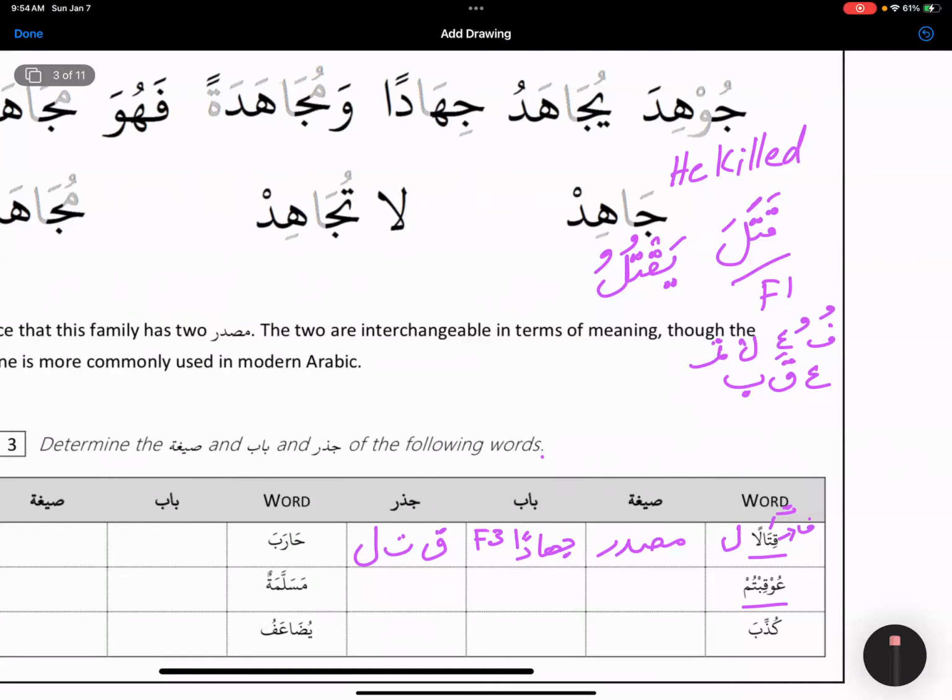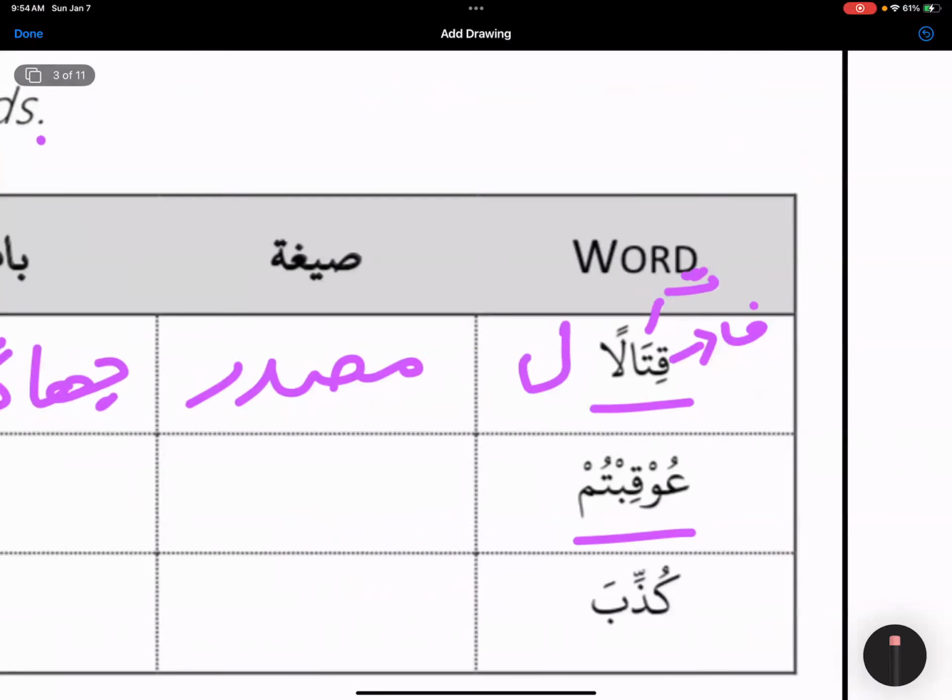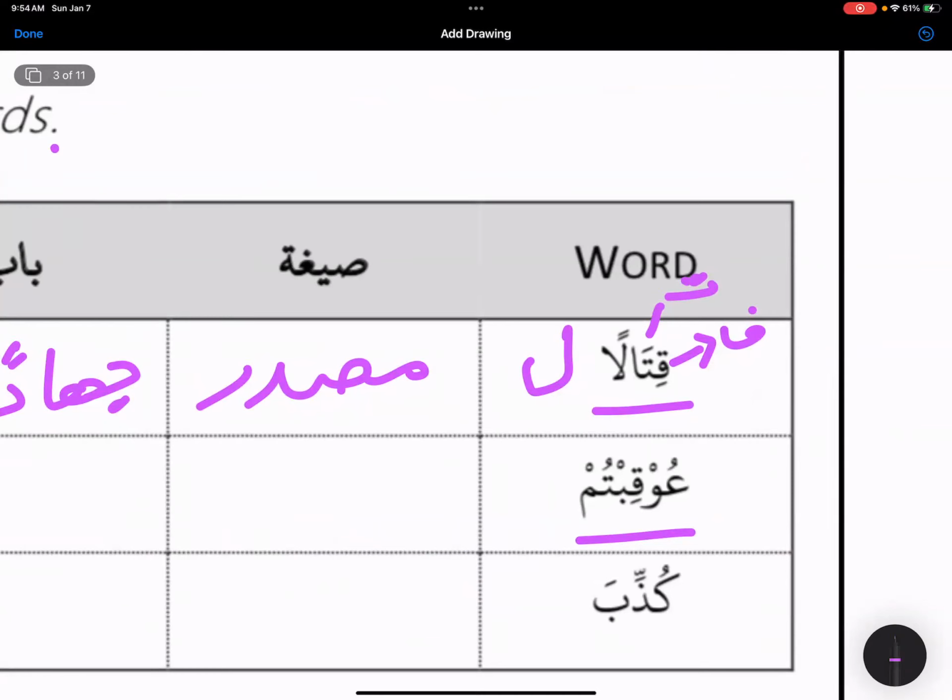Now what is the siga? It's Madi Majhul. Very good. This u is giving it away, right? U is giving Madi Majhul away, because otherwise tum is telling us what? That the final pronoun is fail, madi. Tum is telling us this is fail madi, ماضي, right? And madi is not going to start with u unless it is majhul. Exactly, unless it is majhul.